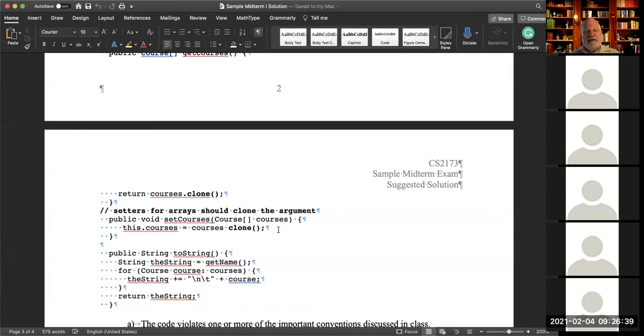The idea of setters is that they should be the single point where this instance variable gets changed. So if you're trying to debug a program, and at some point this instance variable got changed, then if you abide by the principle of encapsulation, every change has to go through a call to this method. If you don't have this clone, then it's possible to change this value without calling this method.